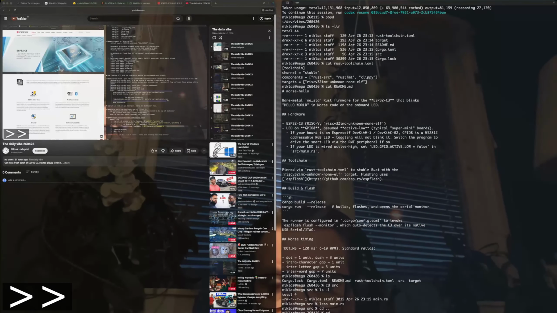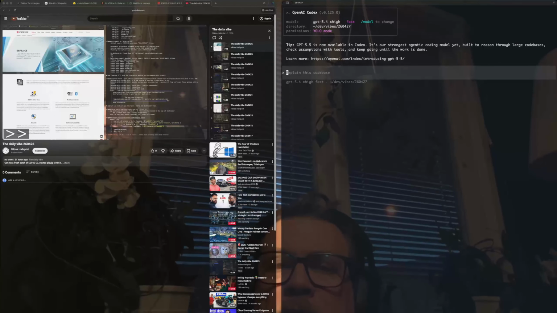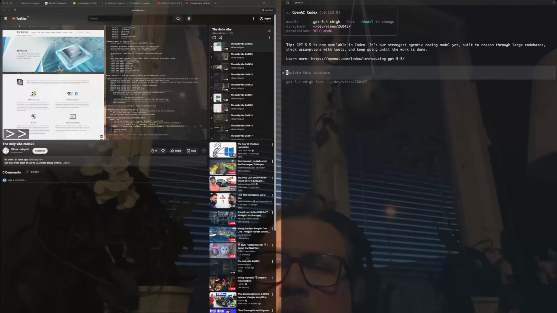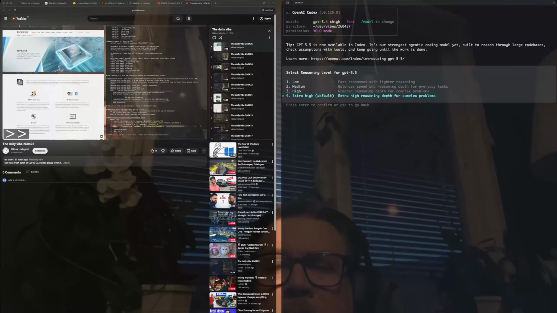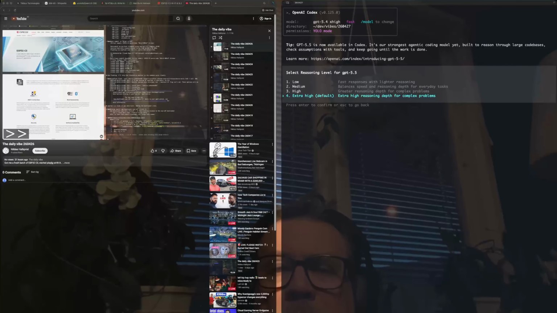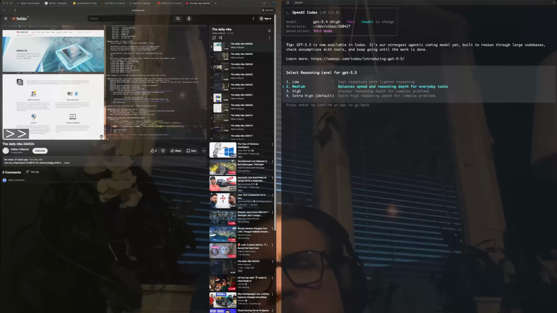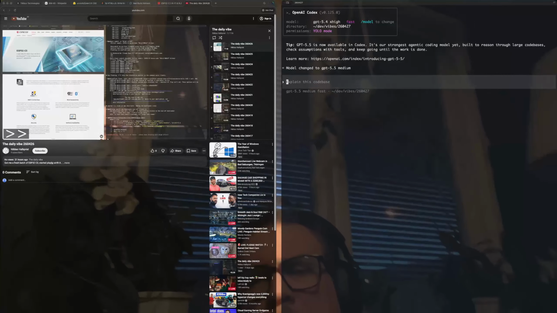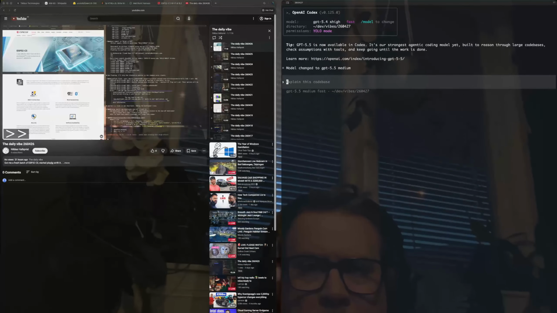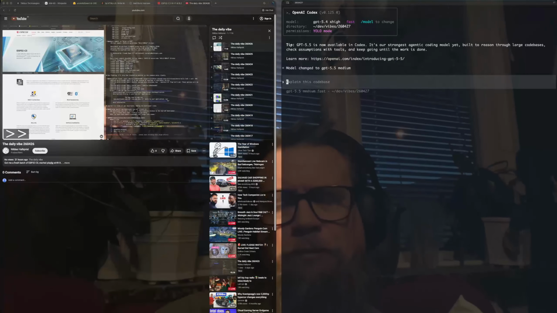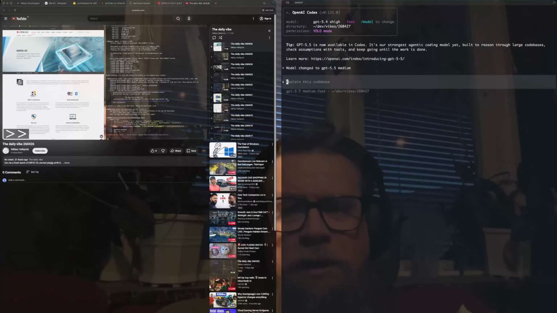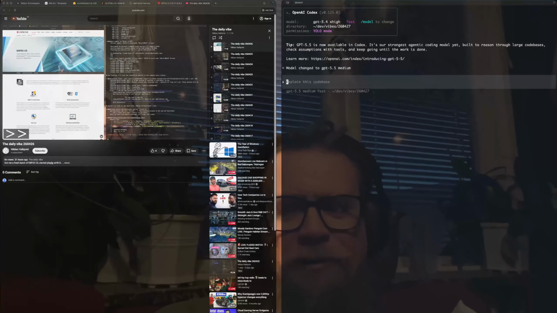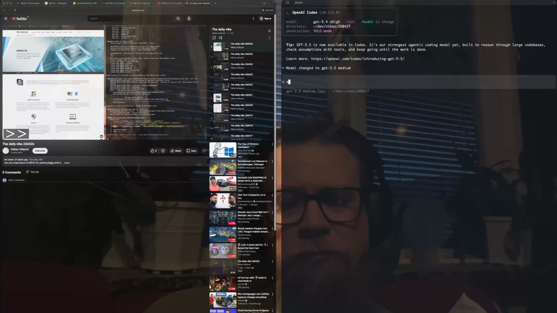Let's see. Oh, GPT 5.5 has come. Very good. We go there. We'll run with, we'll start with medium. I don't think this is needing all that power, but it's great anyway. Sorry. So